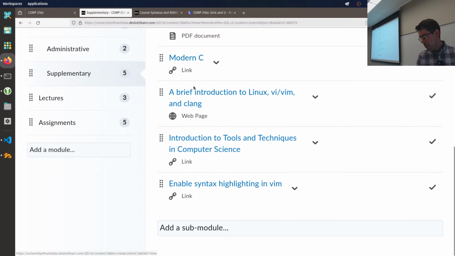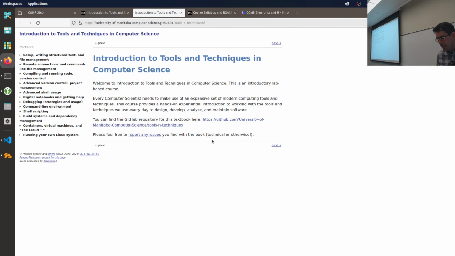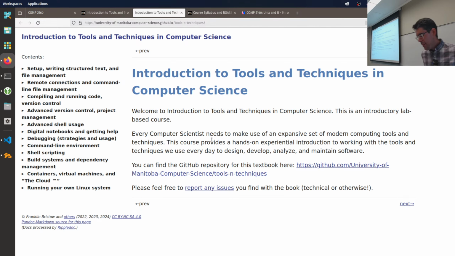This document, A Brief Introduction to Linux, VI, Vim, and Clang, we'll talk about each of these things, but this is a quick, short guide for you to use to get started. But I've also put a link to this, Introduction to Tools and Techniques in Computer Science. This book is referenced in this guide, but I thought it would be worthwhile putting this up here. This is the textbook for a course, the 2 lab courses that we're offering at the 1000 level, Comp 1002